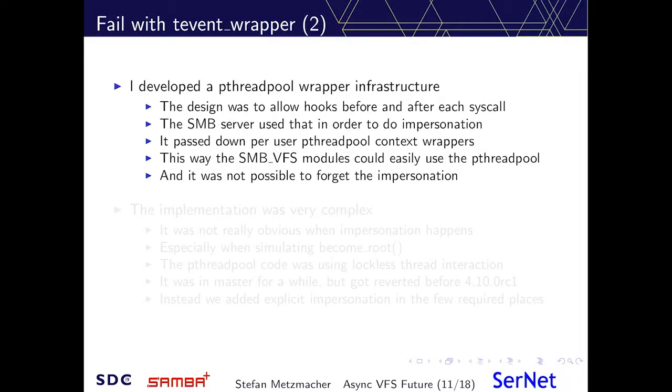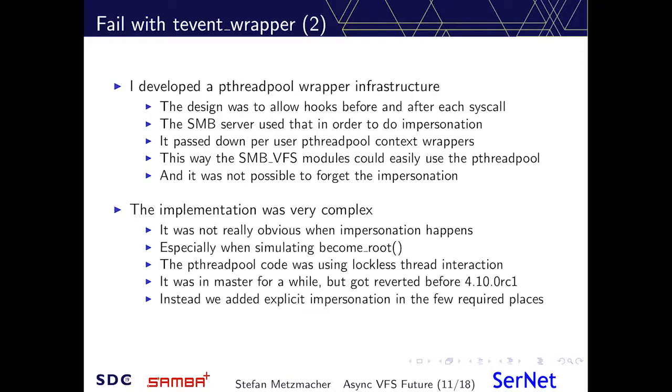A similar problem happens with the pthreadpool infrastructure. So I also thought it would be a good thing to run an impersonation hook before and after each syscall, and let the SMB server provide special thread pool wrapper contexts and just pass them down. And then the VFS module was free to use the thread pool with the path-based syscalls, and everything would be fine. But the problem was this is completely